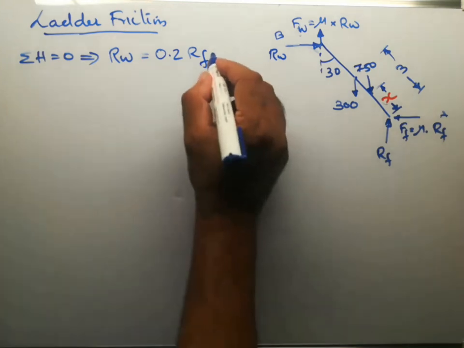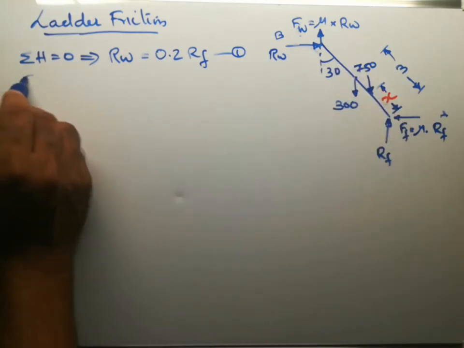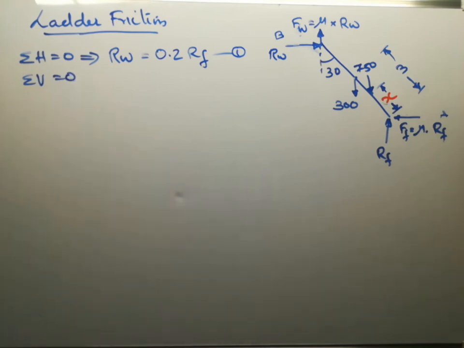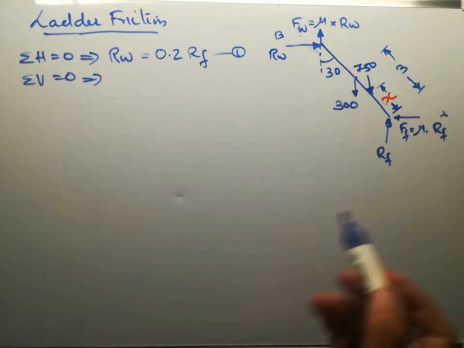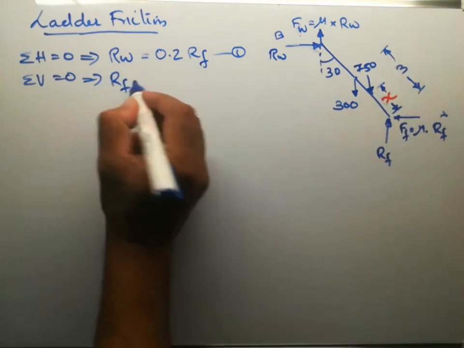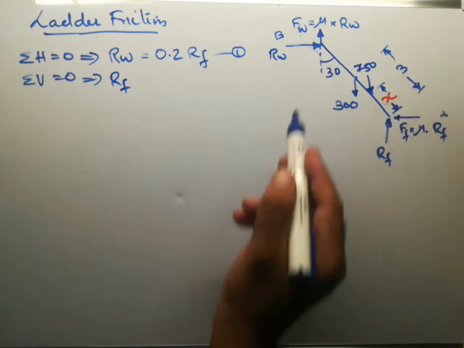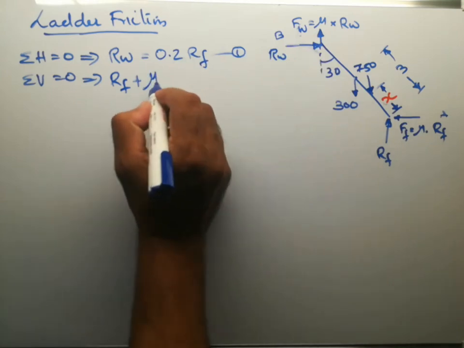Let this be equation number 1. Next we can apply sigma V equal to 0, that is, the net force in the vertical direction equal to 0. Which are the vertical forces? Rf is in the upward direction, taken as positive. Rf, Fw, that is mu into Rw,